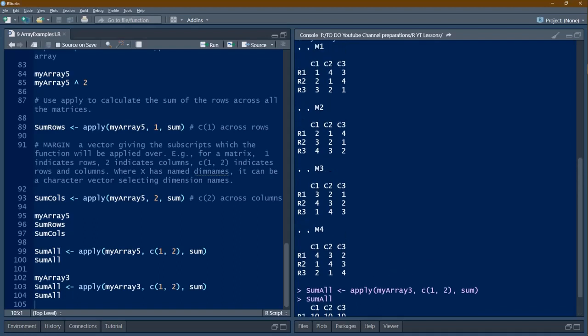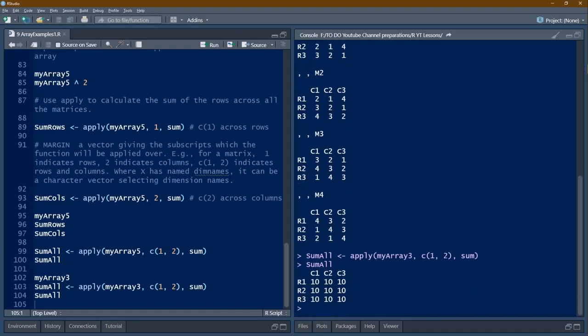We are finding 10, that is basically adding the values 1 plus 2, 3 plus 3, 6 plus 4, 10. Similarly 2 plus 3, 5 plus 4, 9 plus 1, 10. So corresponding elements of all the matrices are added and a single matrix is produced. So that is the apply function's magic.